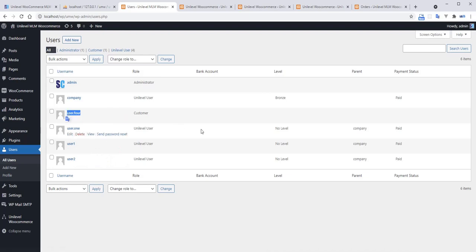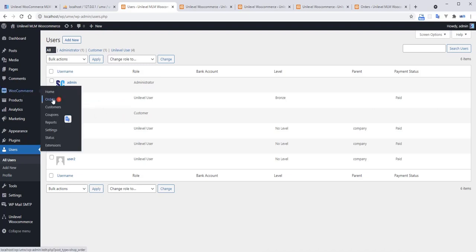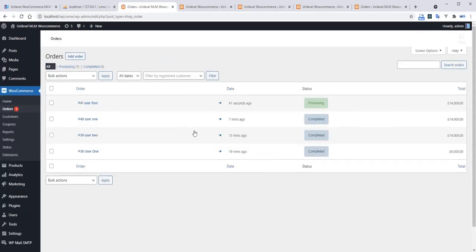User 4 has been created, because registration at checkout is allowed, so the user is created automatically.